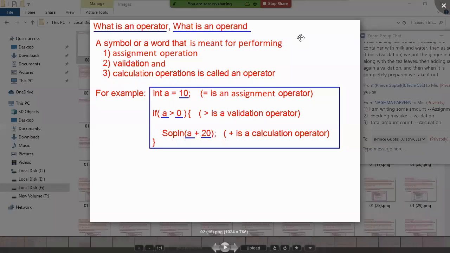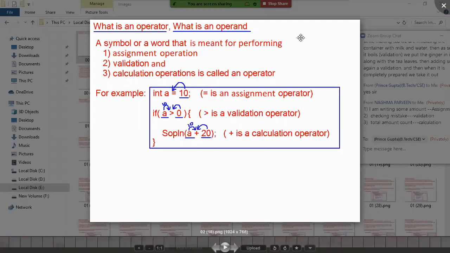We are giving these values as input to the operator to execute. We are giving 10 as an input to the assignment operator. We have given a and 0 as input to the validation operator, and the values 10 and 20 as inputs to the plus operator.